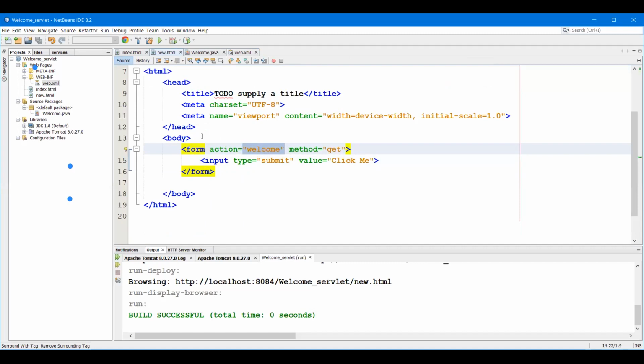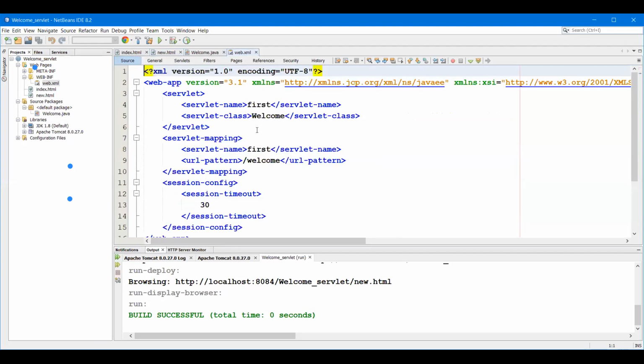So whenever we run this HTML file and click on our submit button, it will go to the action. In the action, we have written welcome. Then immediately the control will go to web.xml. It will not go directly to the servlet program. So first it will come to our web.xml.